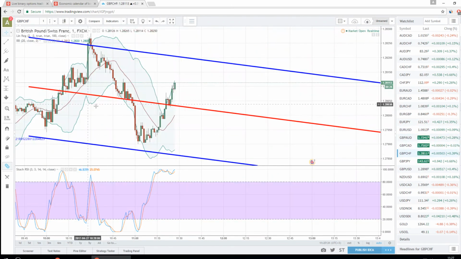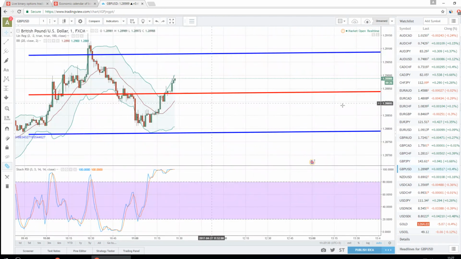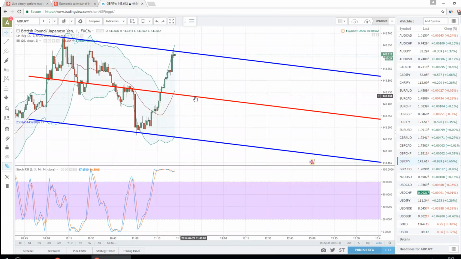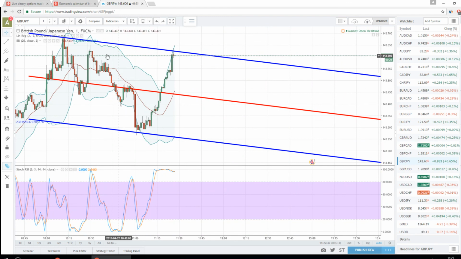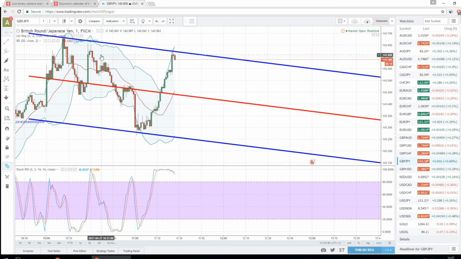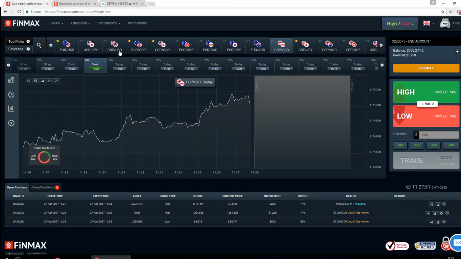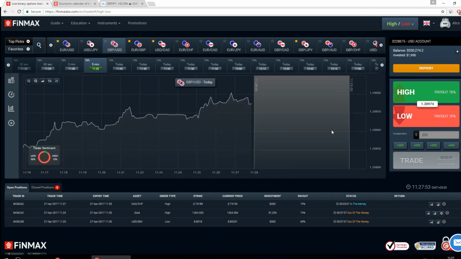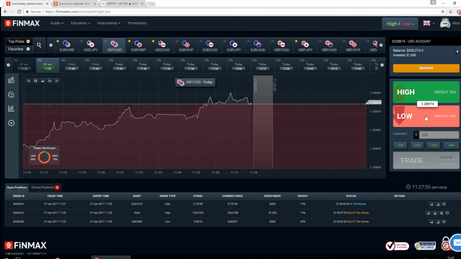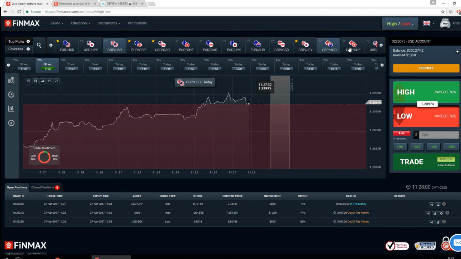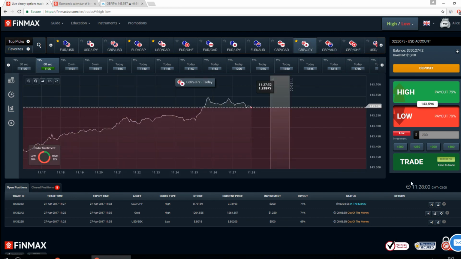And now the favorite time frame of most traders, 1 minute, which is also a pretty intense time frame, as the market within 1 minute resembles chaos, and it's really hard to trade here without overlapping. So I will enter for 1 minute for low here. British pound, oh, for Japanese yen I need it. For Japanese yen for low, 1 minute. Let's go.